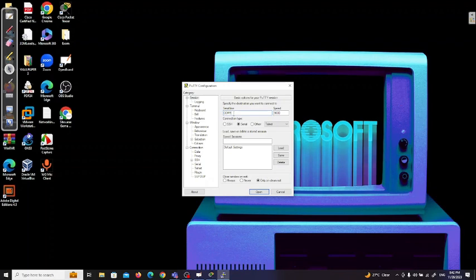This serial line will change. It's not always COM1. COM here stands for communication port, and this communication port will change. Sometimes you could be lucky and it is communication port 1. So if you don't know which communication port your laptop is using to communicate with the network device,